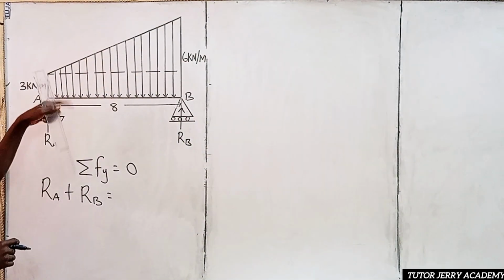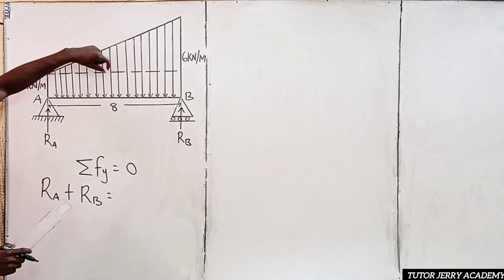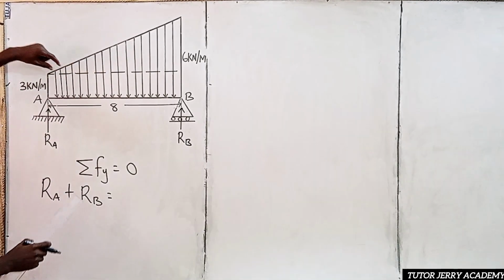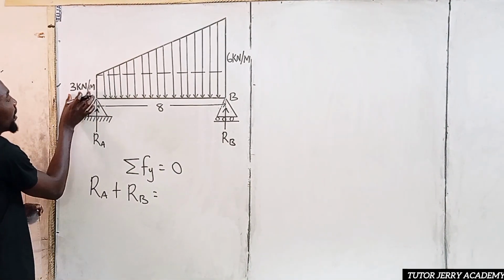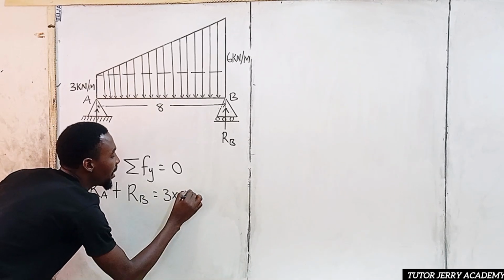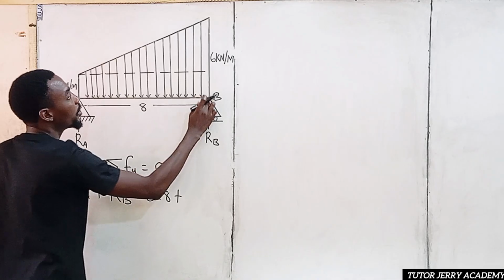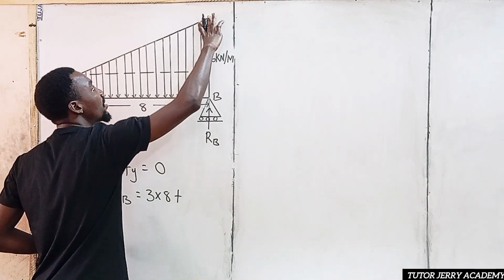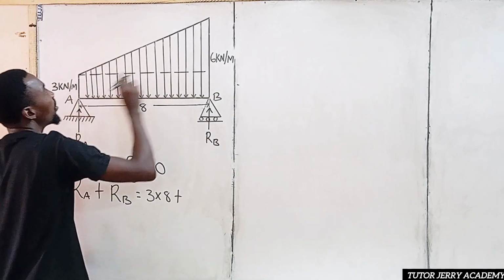Now for us to convert this to point loads, the uniform distributed load is nothing but 3 kilonewton per meter. So we are going to multiply this 3 by 8. So we are going to have 3 multiplied by 8 plus, for this uniform varying load, from this point to this point is 6. So we are going to subtract 6 from 3, we are going to have 3